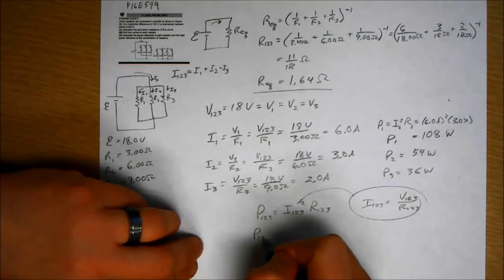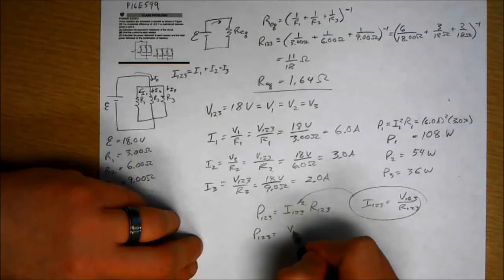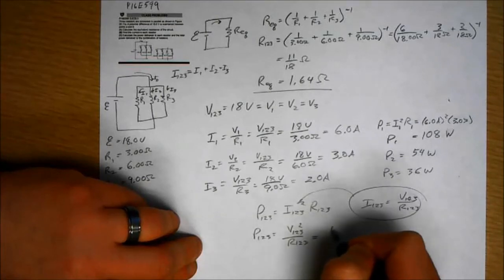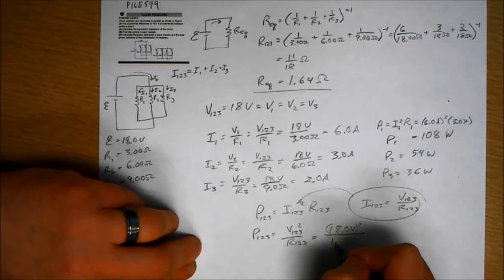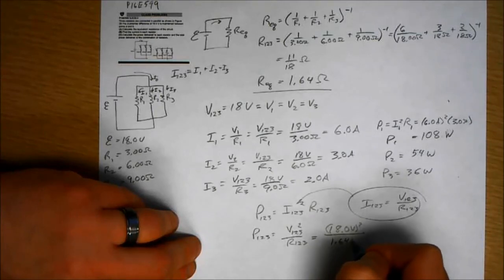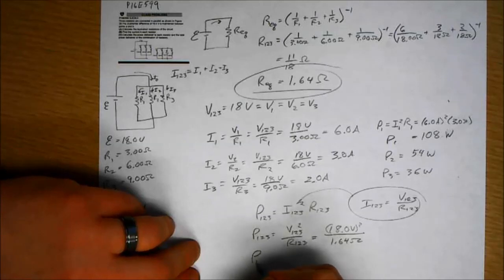Put that in. And I'm going to have V squared over R. So it equals 18 volts squared over 1.64 ohms, which is what we found up here. And the power dissipated by the whole circuit thus is 198